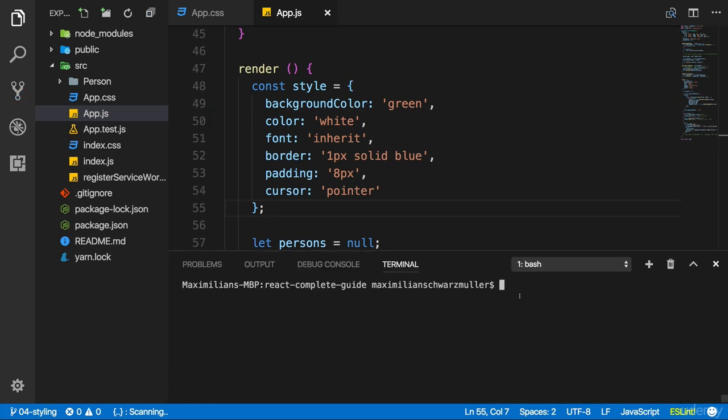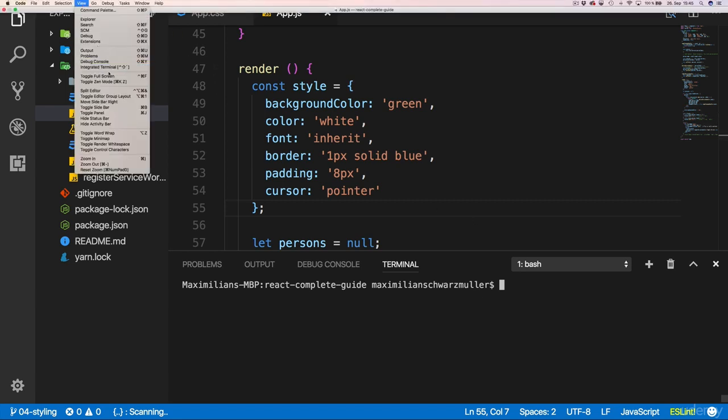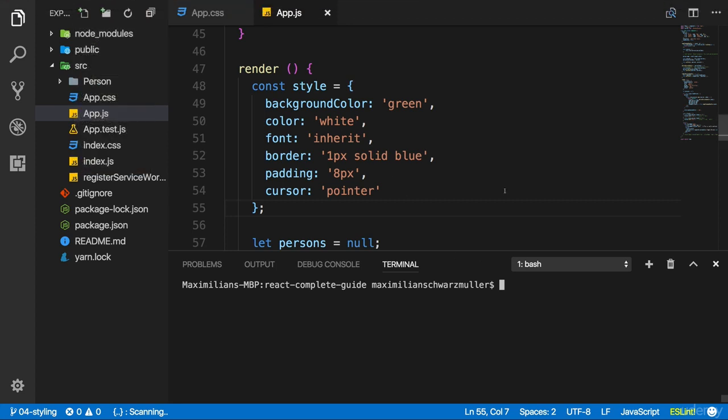For that, we need to install a new package. And here I opened my normal terminal on my Mac, or on Windows it would be the command prompt. This is just a terminal integrated into Microsoft Visual Studio Code. You can also open it over the options, View, Integrated Terminal. Now, this is the same terminal you have on your machine if you access it normally, but automatically navigated into your project folder. And there I will now install a package with npm install. I'll add --save to also save an entry in package.json so that we also fix the version number and can easily share our project. And then the package is called Radium.